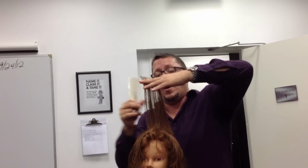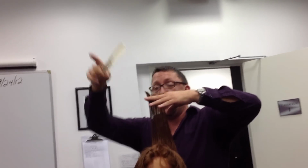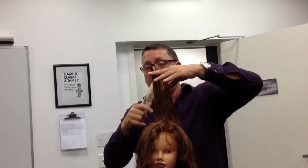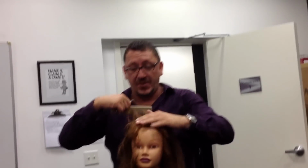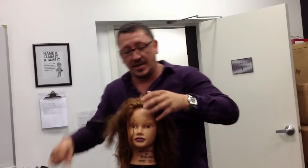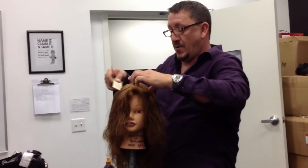So what you're looking for is a nice V or a U. You want to see it gradually get longer towards the end, and you want to see a center in the middle. Okay? This will tell me if I need to go back into cutting position. If you see like an area, and let me show you an example of when you would need to get back into cutting position, it would be